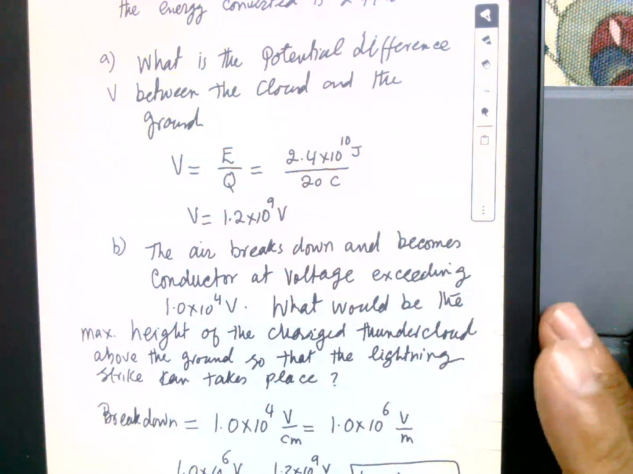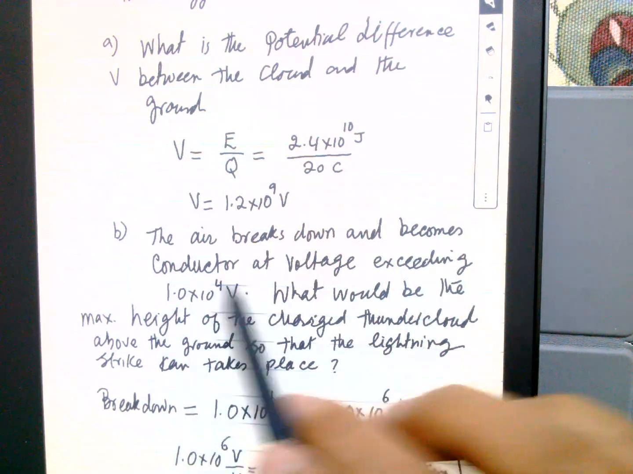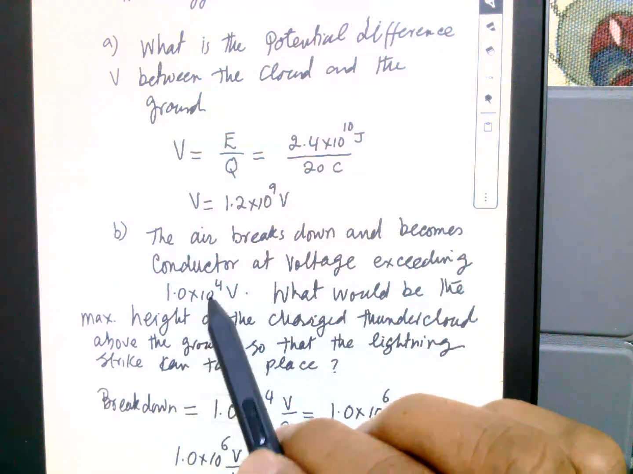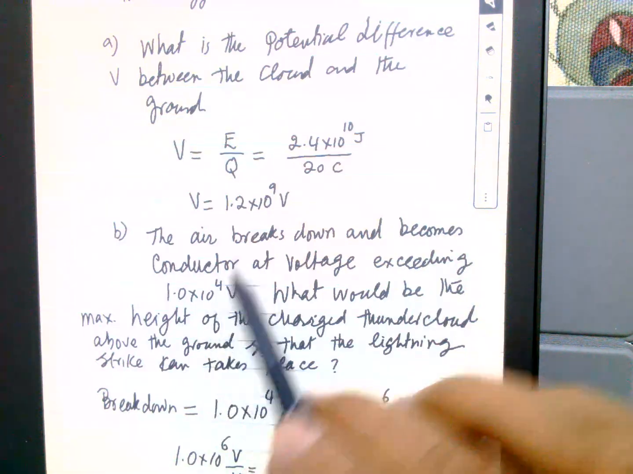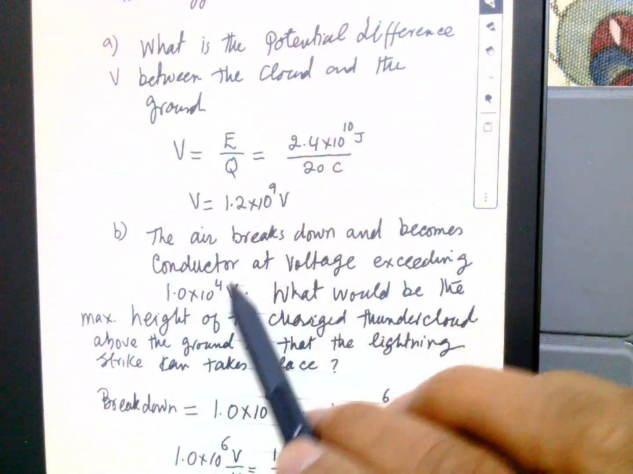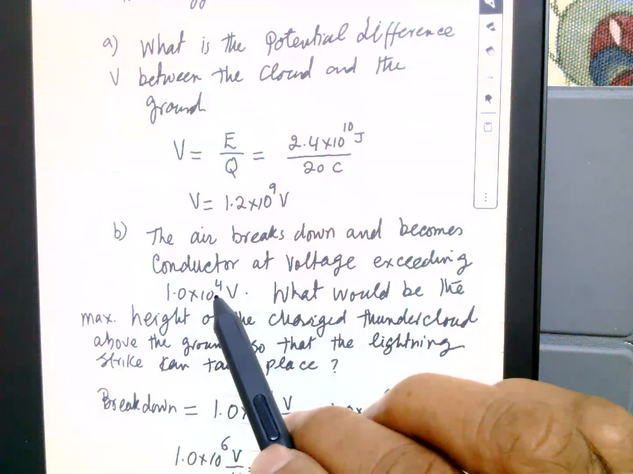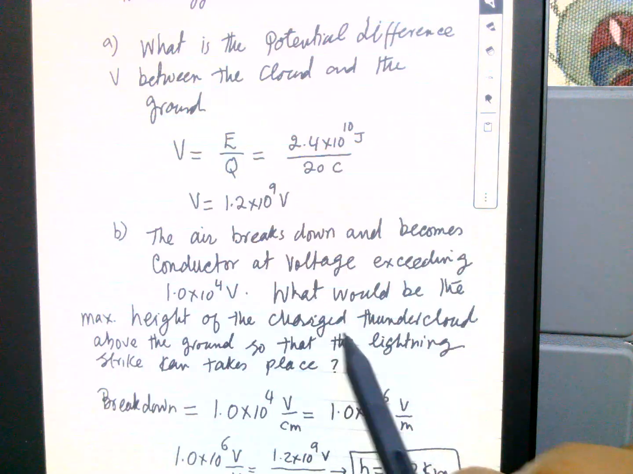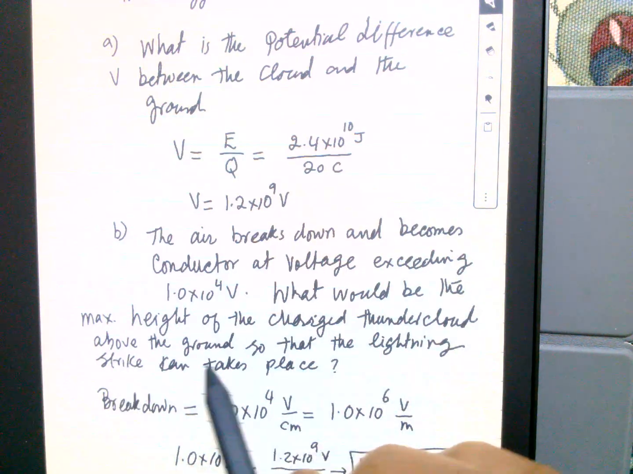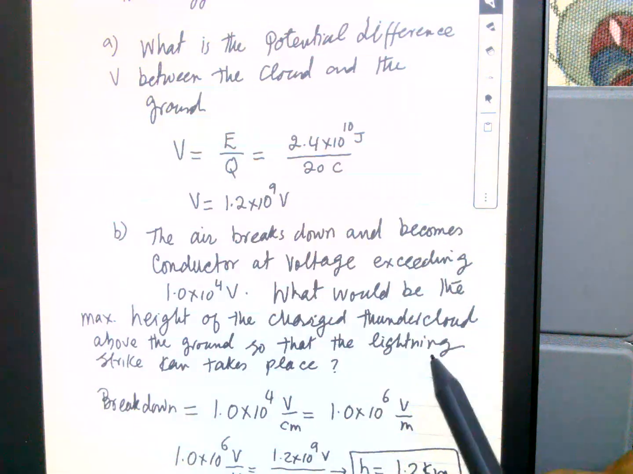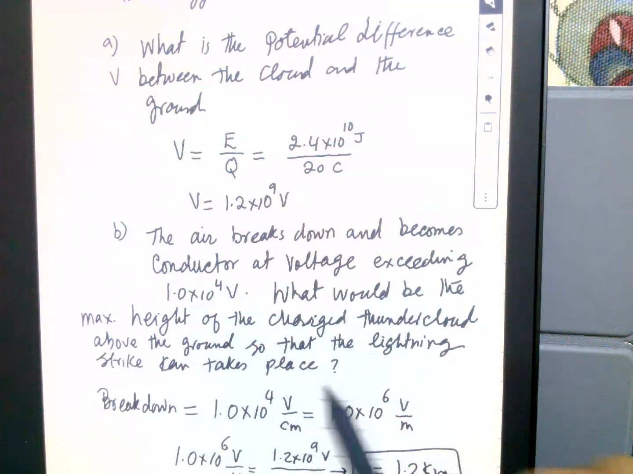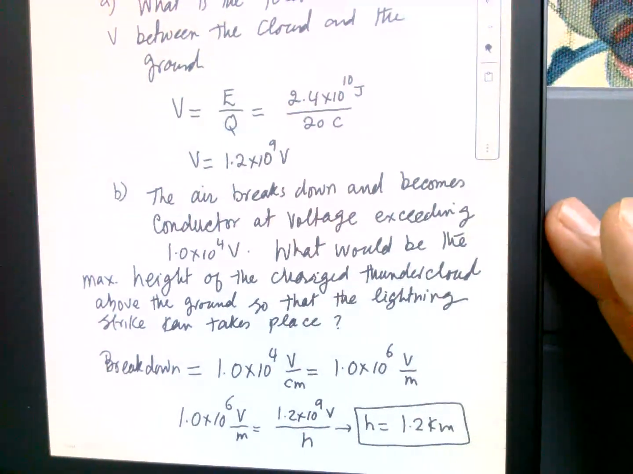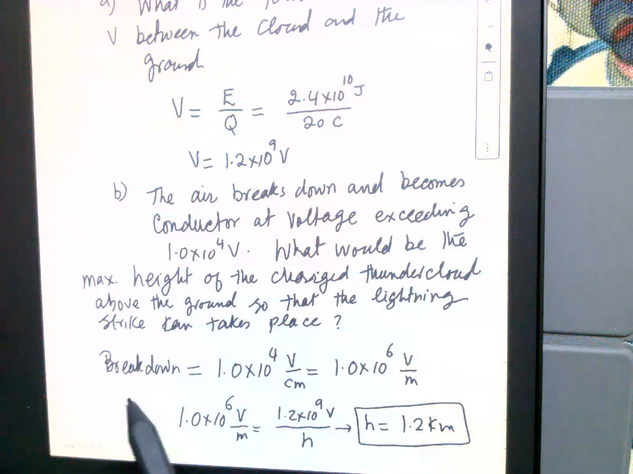So question number 2: the air breaks down and becomes a conductor at a voltage exceeding 1 × 10^4, but here it is 10^9. What would be the maximum height of the charged thundercloud above the ground so that the lightning strike can take place? So what should be the height for which the air becomes a conductor? So the breakdown